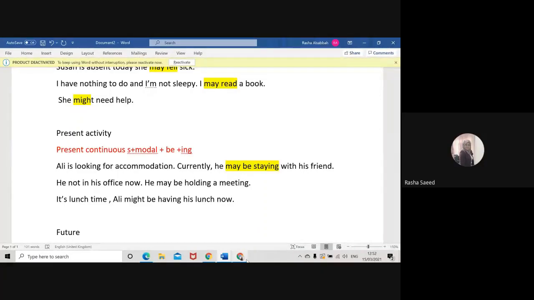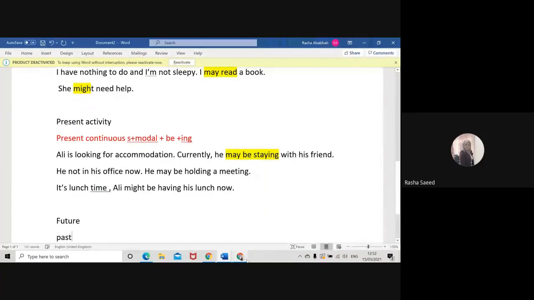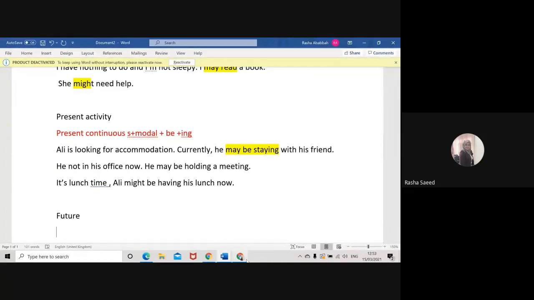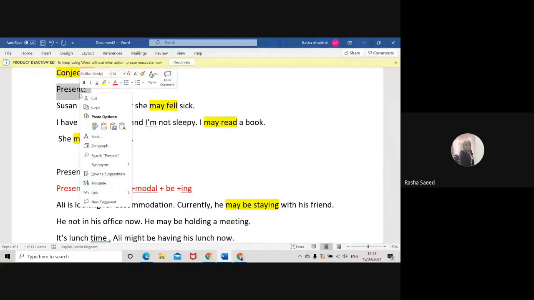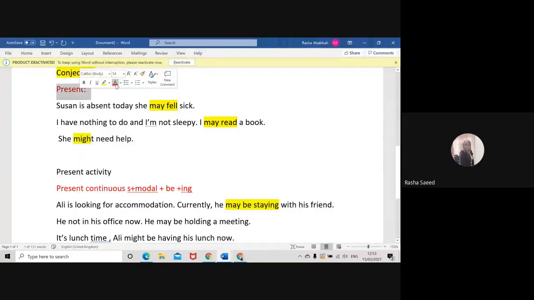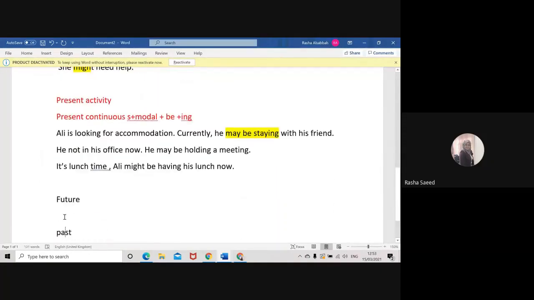Let's move to conjectures about the future. Like I said, in order to differentiate conjectures referring to the present, we noticed at the beginning that conjectures can refer to the present, and we've got present activity. Let's talk about conjectures referring to the future. And we said that in order to indicate the future time, we need to add